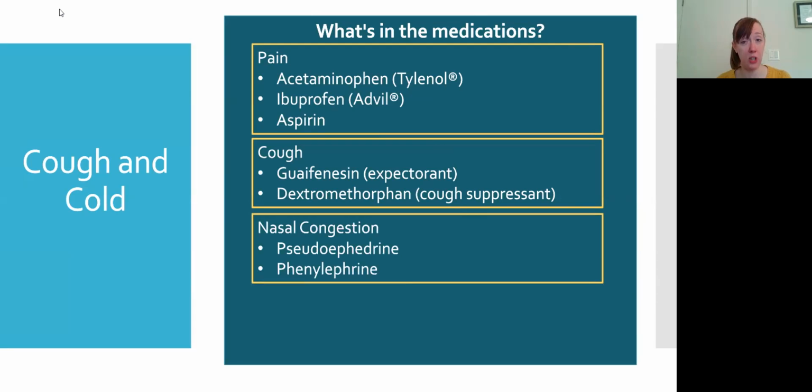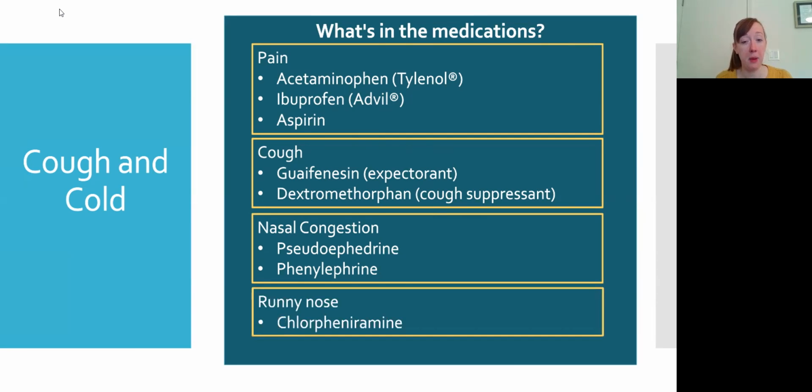You have your nasal congestion. So if you're all congested up in your nasal passages, there's two different types of medications that will open that up and help you drain a little bit. And then if you have a runny nose, a lot of the times that might include this drug called chlorpheniramine, which can make you drowsy too. So caveat on that, but